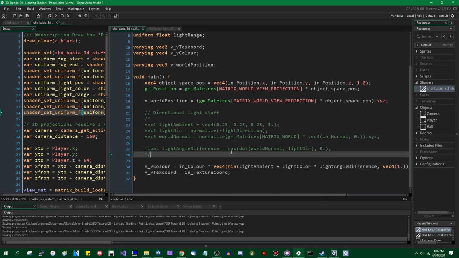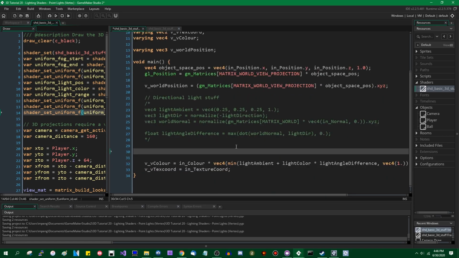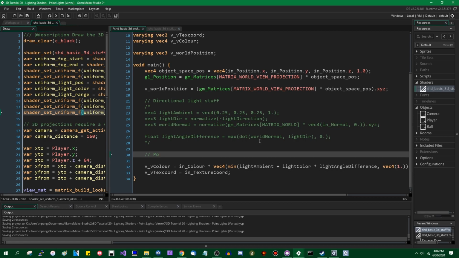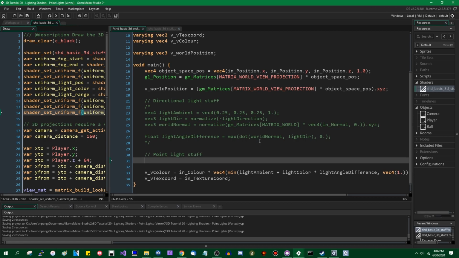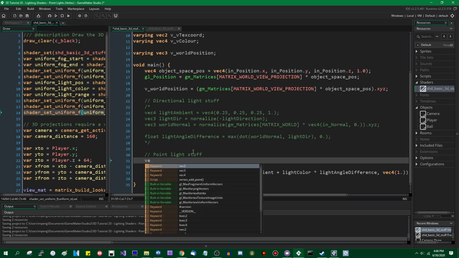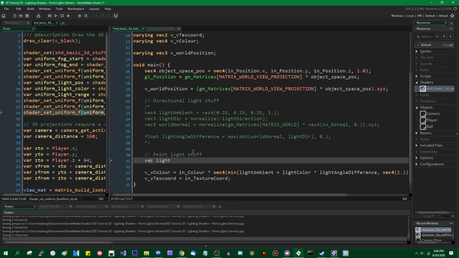Okay. So the first thing that we're going to do is, just as we did with directional light stuff, I'm going to leave a comment up here explaining it, point light stuff. We will establish the direction between the light and the surface, and this is going to be a vec3. We're going to call that light direction again, as we did up here in the directional light code in the last video. But now, instead of that being anything specified by the user, that is simply going to be